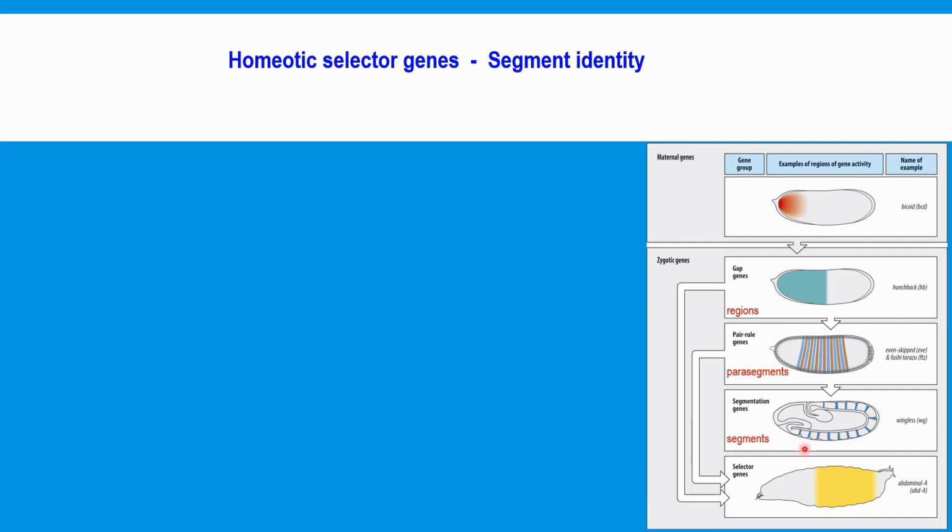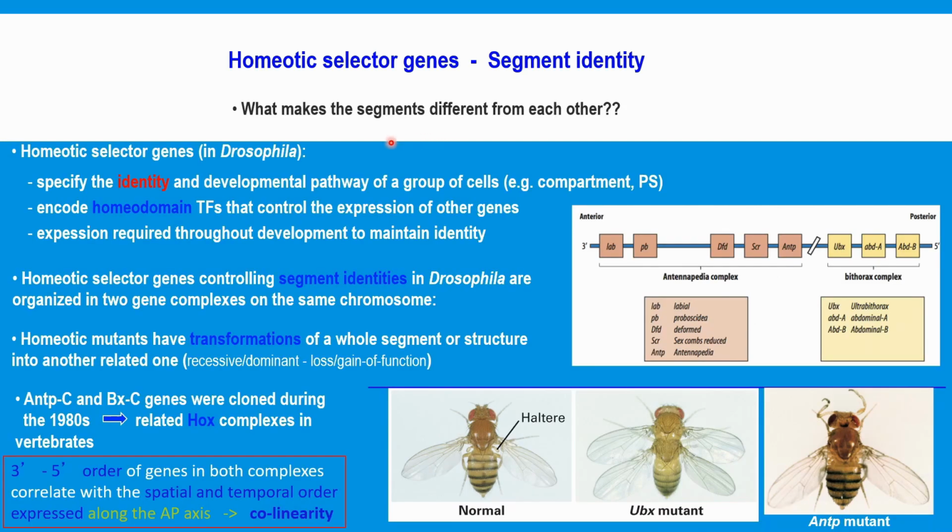patterning in each segment. And finally, we come to these homeotic selector genes, and the expression of these genes takes its cues from gap genes and pair-rule genes. So the homeotic selector genes specify the identity and developmental pathway of a group of cells, for example, in a compartment or in a parasegment. They encode homeodomain transcription factors that control the expression of many other genes, and their expression is required throughout development